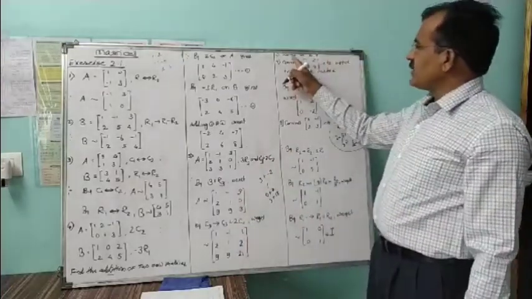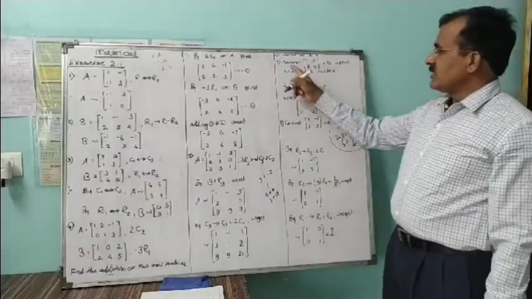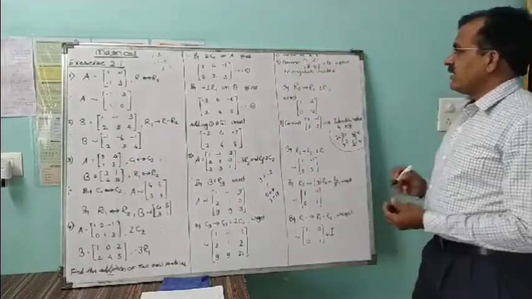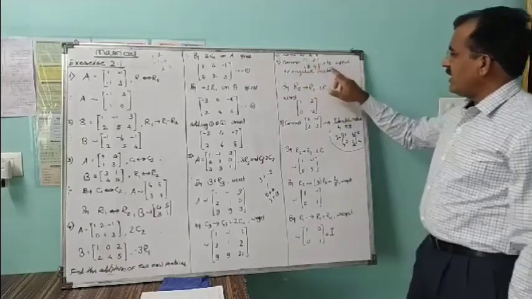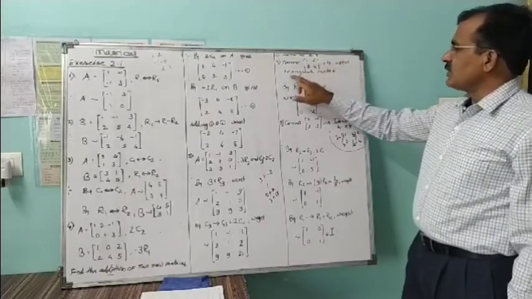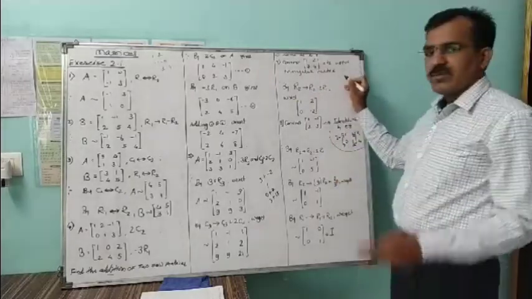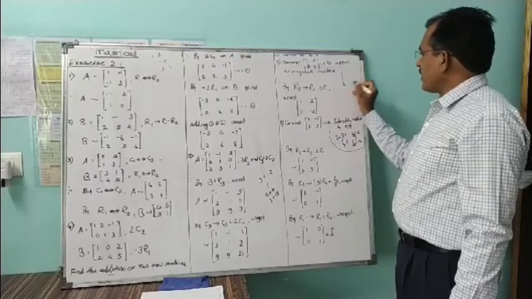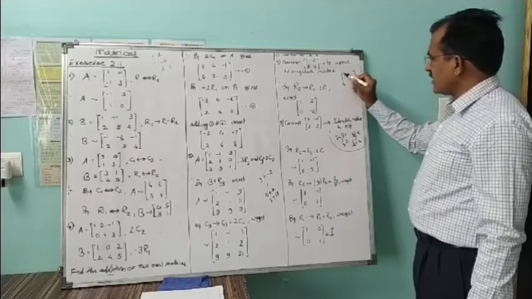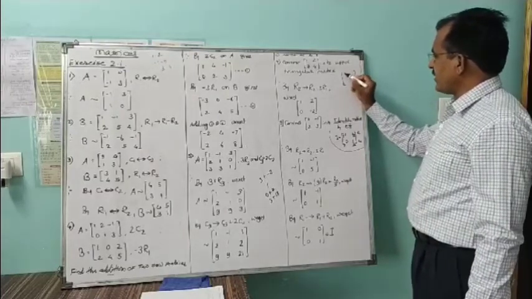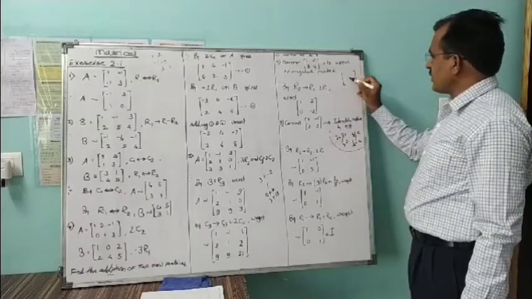Later on, example number 6 is just like example number 5. Now turn to example number 7. A matrix is given with elements 1 2 3 4 and we have to convert this matrix into an upper triangular matrix. So what is an upper triangular matrix? In the basic part we have discussed that an upper triangular matrix is a square matrix whose elements below the diagonal are zero. If I consider a matrix of order 2 by 2, then we have 4 elements. So this is the principal diagonal.